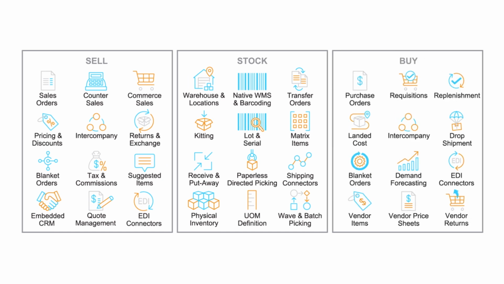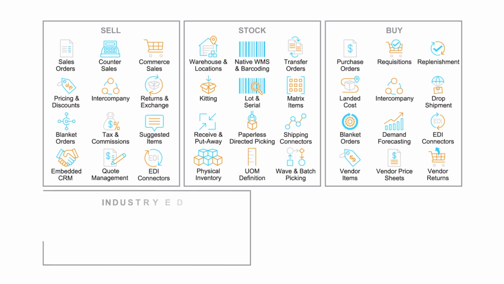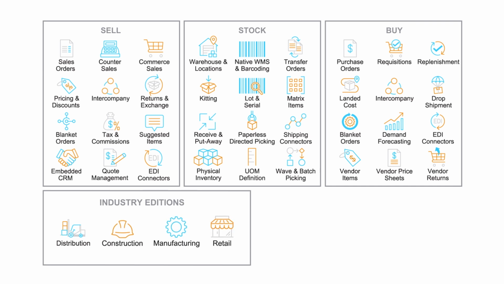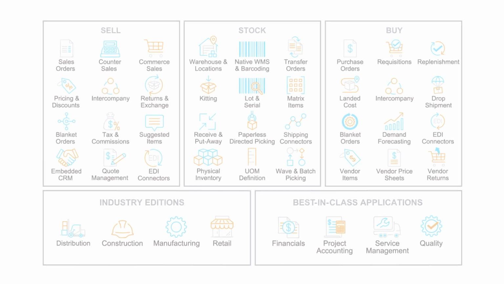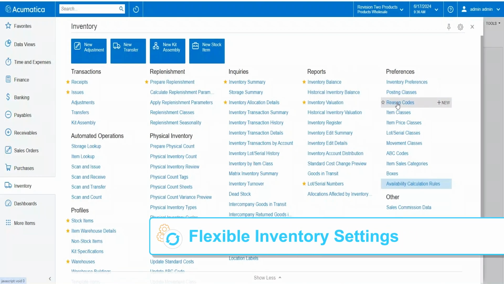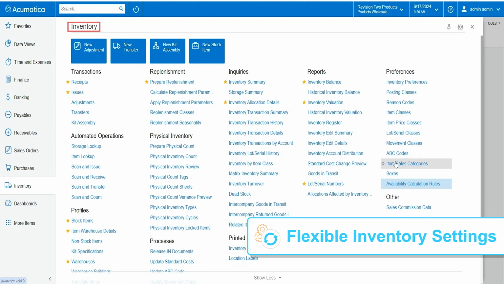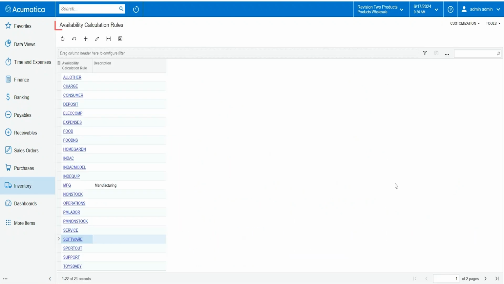Streamline purchase orders and vendor bidding and use inventory replenishment or demand forecasts to time-phased procurement. Inventory is a cornerstone for Acumatica's distribution, construction, manufacturing, and retail editions, with connections to financials, project accounting, service management, and quality control. Enhance operational efficiency by allowing inventory settings to be customized for specific business requirements, such as availability